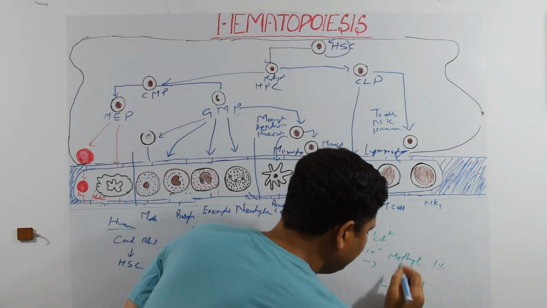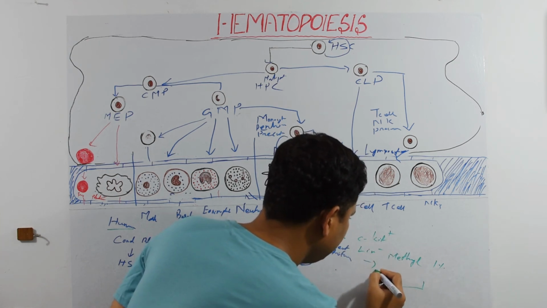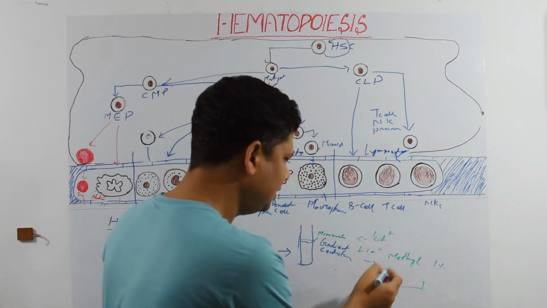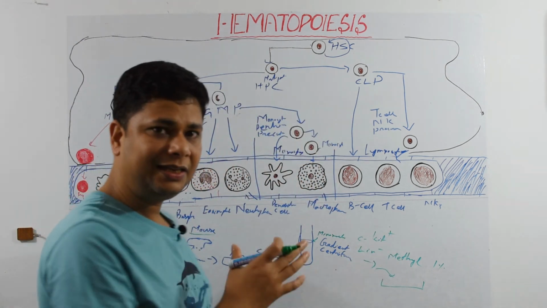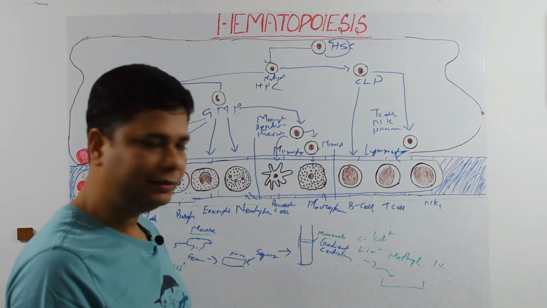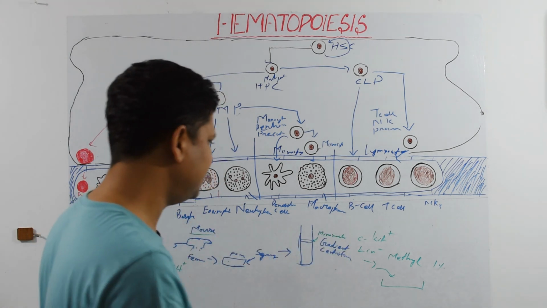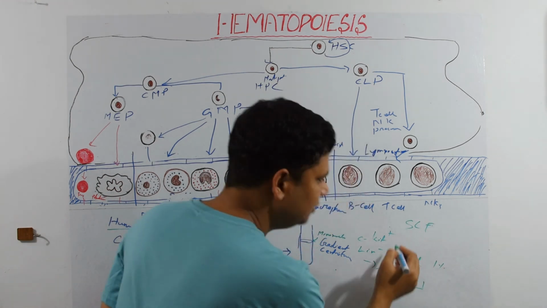So in the plate, we put methylcellulose medium, and in that we put these hematopoietic stem cells. And we supply the main cytokines for the maintenance of hematopoietic stem cells: stem cell factor or Steel factor,